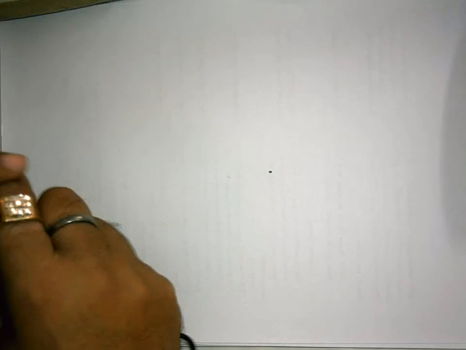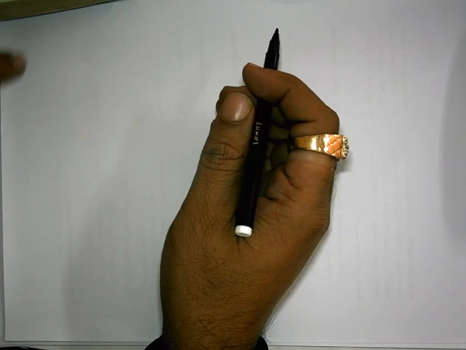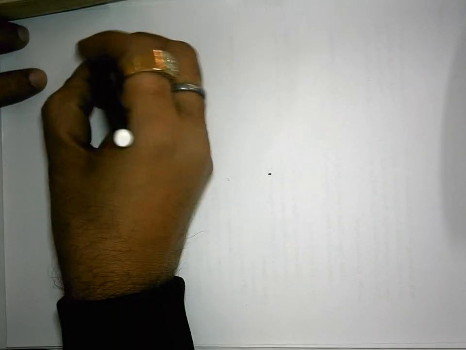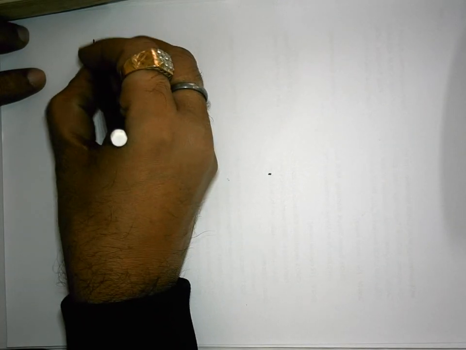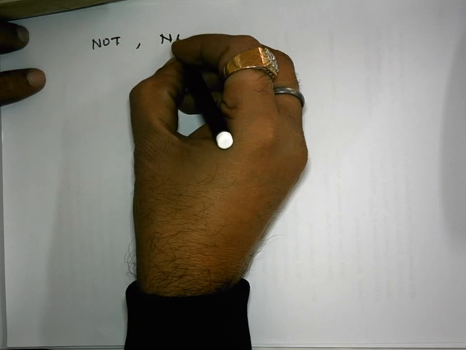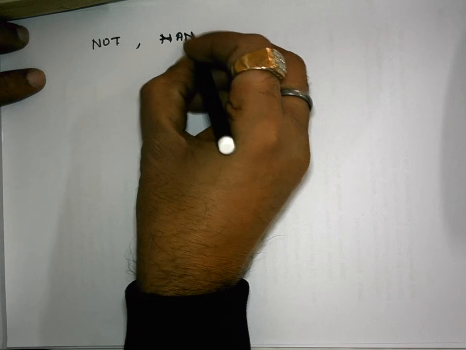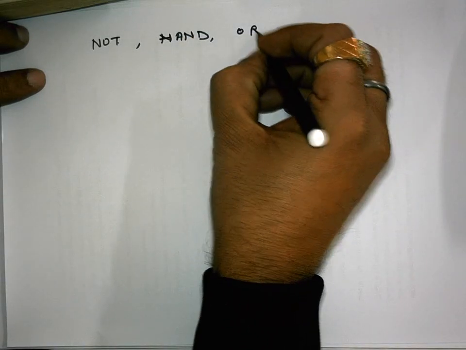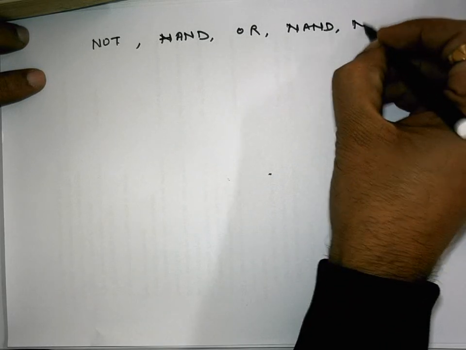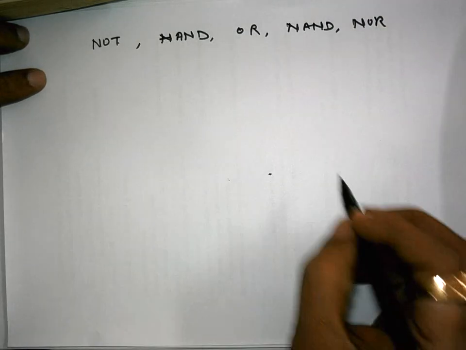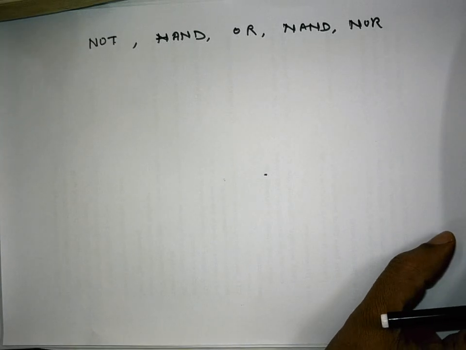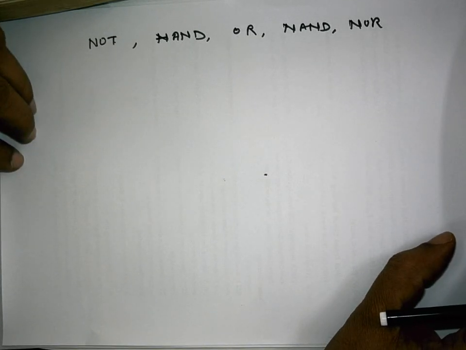So I will start from the operation of exclusive OR. So far we have studied the NOT operation, AND operation, OR operation, NAND operation, NOR operation. But to deal with binary arithmetic, or rather binary addition,